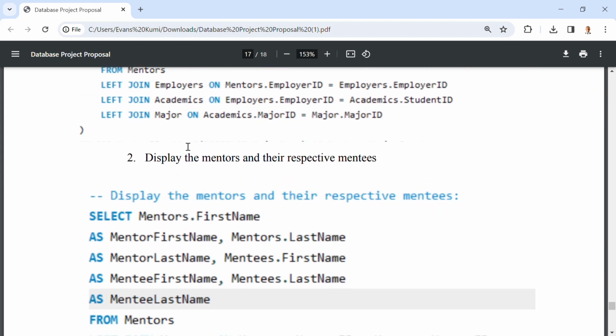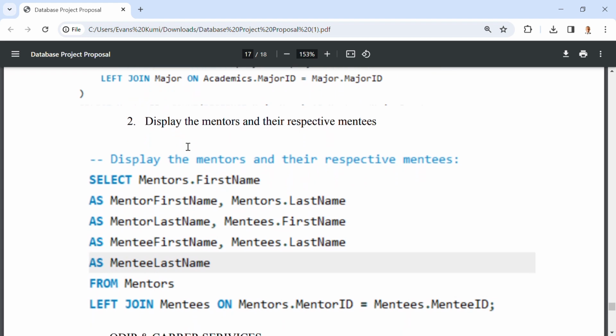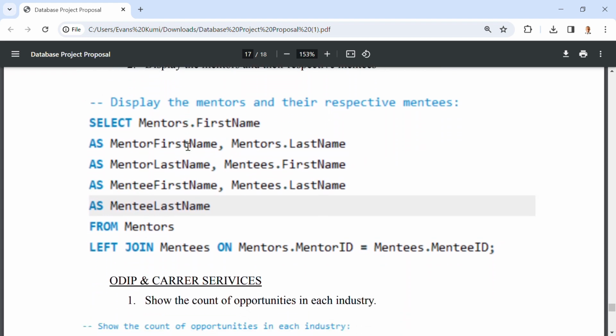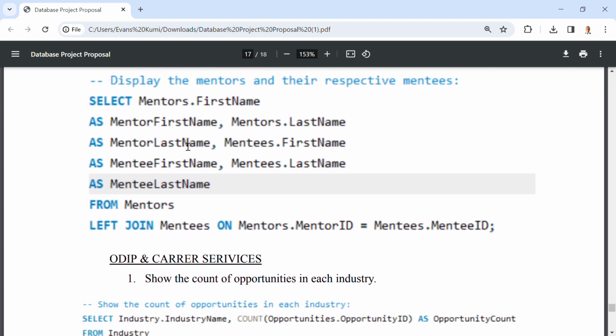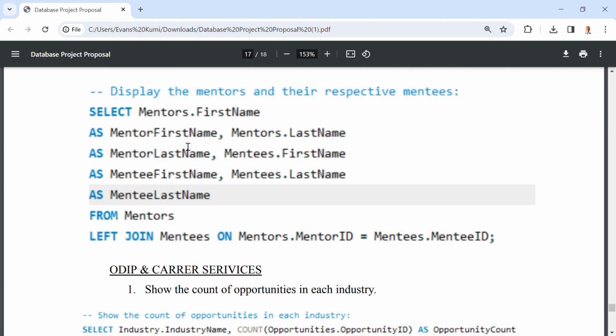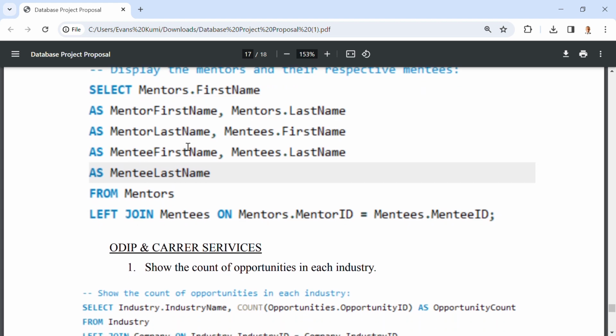Another functionality here is to display the mentors and the mentees. From this, you're able to know which mentee a student's mentor will be. From here, we can see that we are taking information from the mentors table and creating a table where we are joining the mentors and mentees. Moving on,